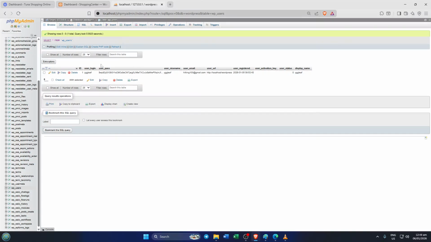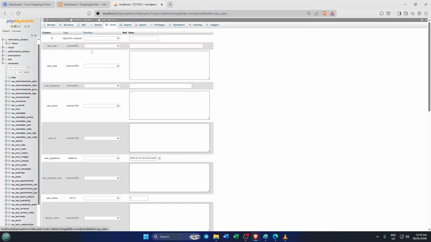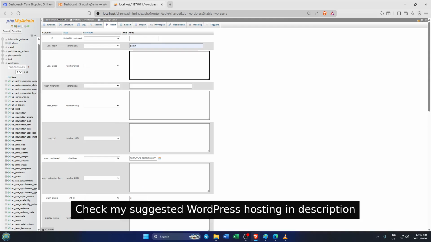Log into your WordPress admin area as you usually would. On the left-hand menu, hover over Users and click on Add New. You'll now see a form that lets you create a new user. For the username, make sure you pick something unique, maybe not just admin or your site name, but something less obvious for a bit more security. Enter a valid email address, since WordPress relies on emails for password resets and notifications. The first name, last name, and website fields are optional, so you can fill them in if you want or